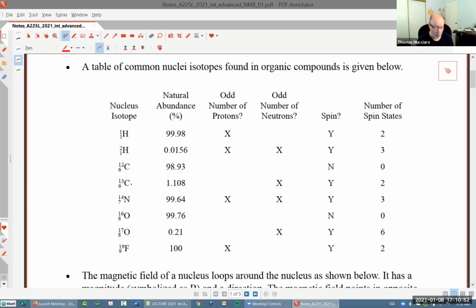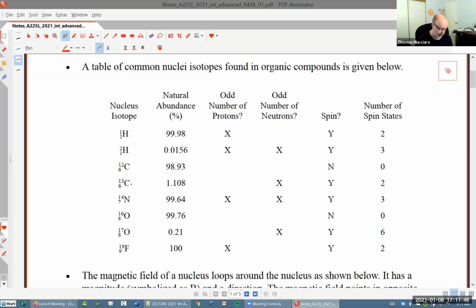And so when we look, 1H, which is just our regular hydrogen, is present in 99.98% abundance. In other words, the other ones are less than 2 in 10,000, okay? Deuterium is present in only 0.156% abundance, okay? And that's important because we're going to see with carbon later on this semester that the carbon we want to use is present in a very low abundance. And so we have to have a very sensitive instrument because most of the carbon won't respond to our instrument. It also means that some of the interactive things that occur between nuclei that have spin are rare for carbon,